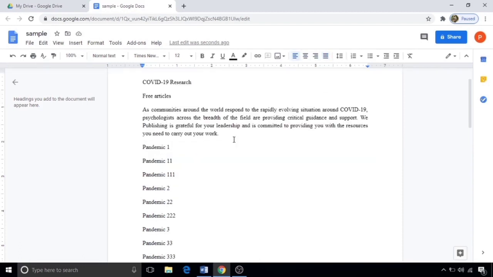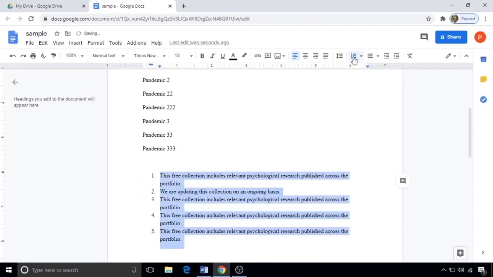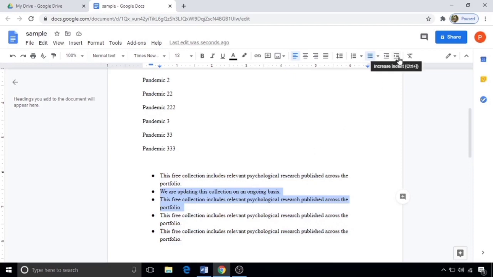If you want to list sentences, select. See above here, select this if you want a numbered list, or this if you want symbols. If you want to put these 2 points as a sublist of the first one, see above here, select increase indent. Again, if you want to make the second one a main list, select decrease indent.